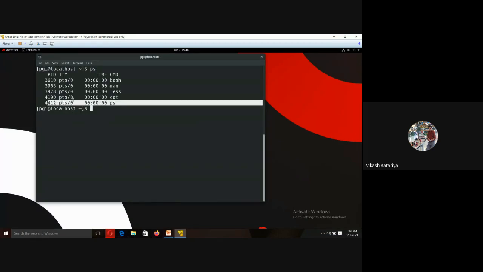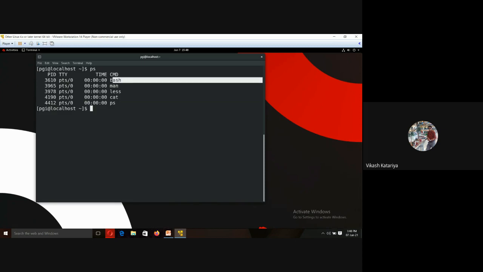So every process has its unique ID called the process ID. Every process, to run, requires a terminal name or terminal number. Bash is Bourne Again shell. B stands for Bourne, A stands for Again, SH stands for shell.